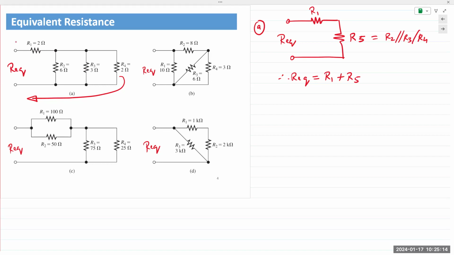Make sense? Any questions? So now, just as a side note,